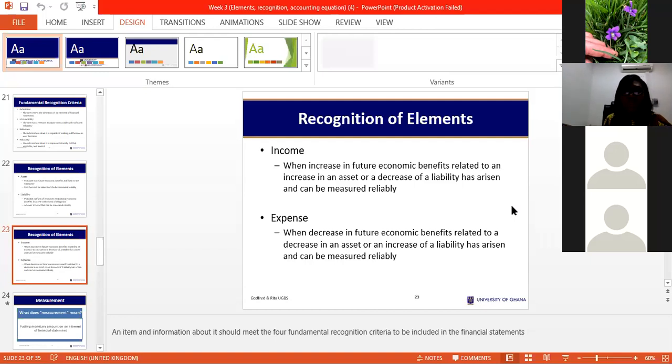Or an increase in a liability. An increase in a liability suggests that, yes, you want to buy fuel, they've given it to you to pay later. Once you have been asked to pay later, it only suggests that your debt outside is increasing, or your obligation is increasing because you have failed to pay immediately.